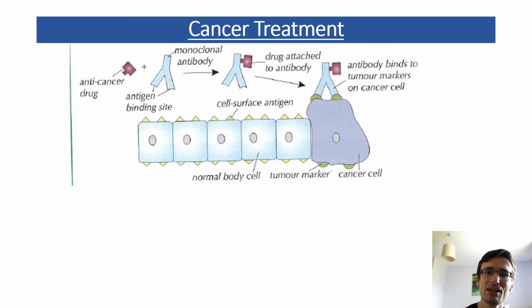The cancer treatment here, you can see an example of how it can potentially be used. At the minute, obviously, chemotherapy has horrible side effects because it damages any cells in the surrounding area that are dividing. Whereas if we developed monoclonal antibodies that had specific receptors that fit onto the cancer cells' antigens only, it would ignore and wouldn't attach to any of these normal body cells, but it would attach to the cancer cells. And if you then put small amounts of the anti-cancer drug onto that monoclonal antibody, it will only deliver that drug to the cells in the